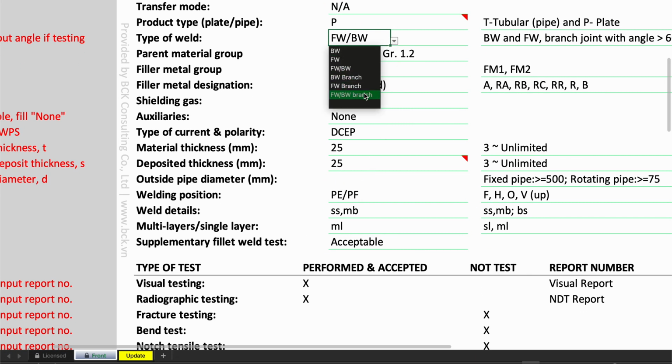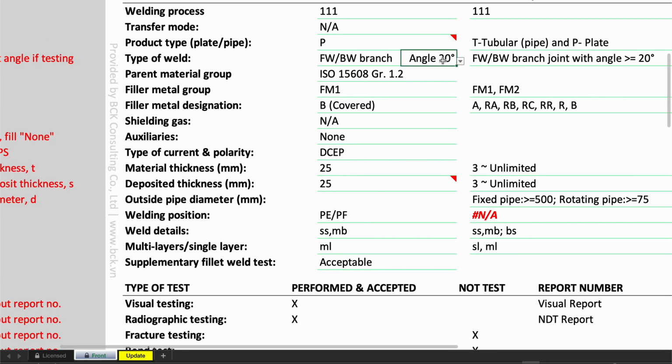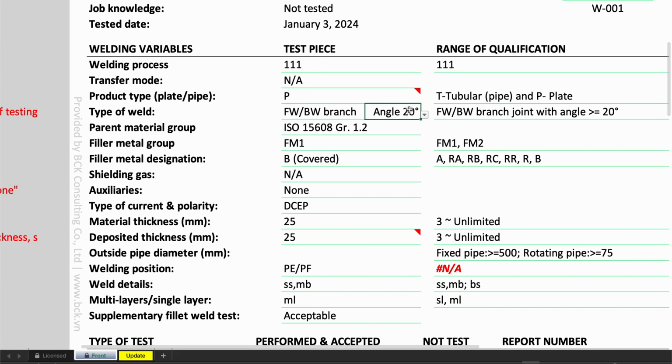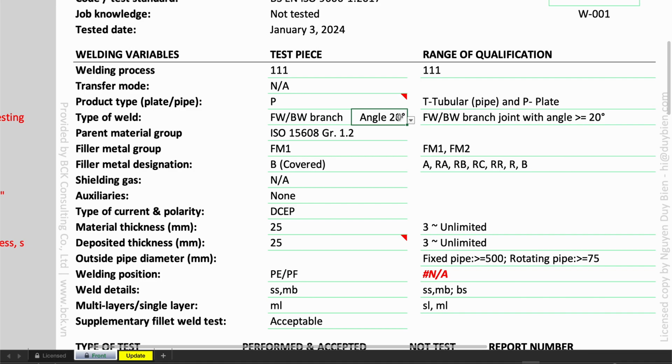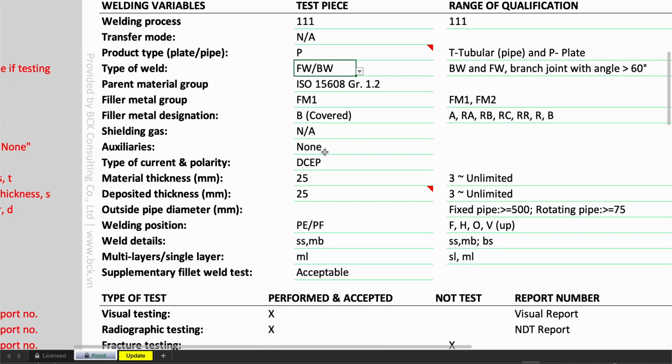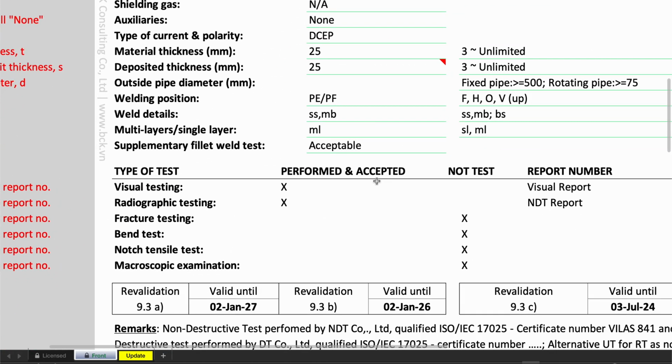Okay, for the next one, you would like to subject with a brand, you should install a brand angle here. Okay, if not, the butt weld is not required to subject. Yeah, okay, only combined fillets. And next, we need to perform